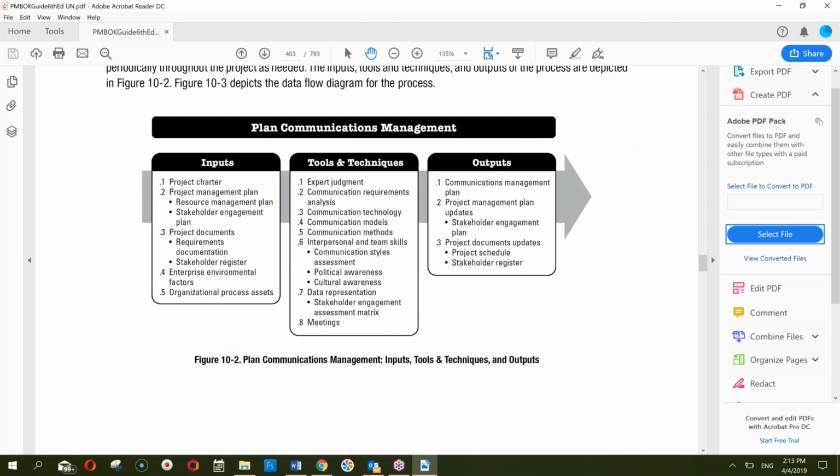So, initially when we create the communication management plan, naturally for any management plan we need a charter, we need the project plan, we need the project documents, enterprise management structure, and organizational process assets. The tools we use here are like communication requirements analysis. So we have to assess our stakeholders and their communication needs and expectations,